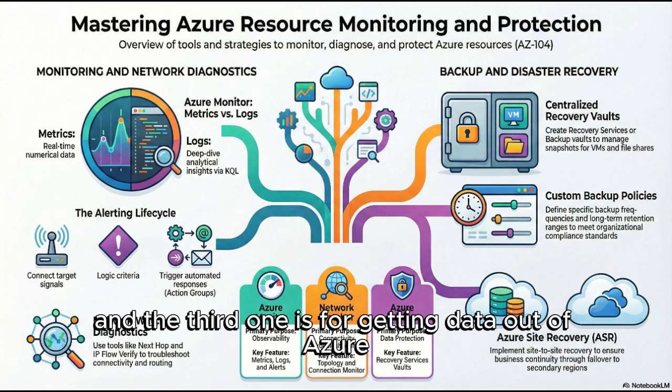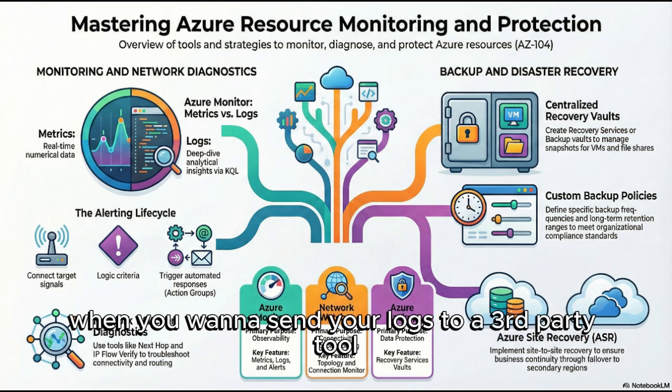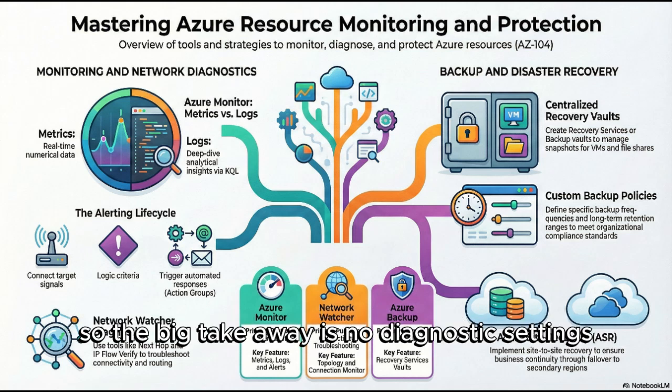And the third one is for getting data out of Azure. Event hubs. That's a streaming service. You use that when you want to send your logs to a third-party tool like Splunk or Datadog, or maybe your own SIEM. So the big takeaway is